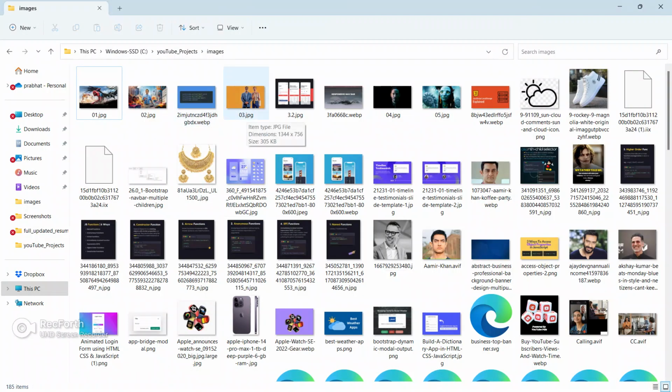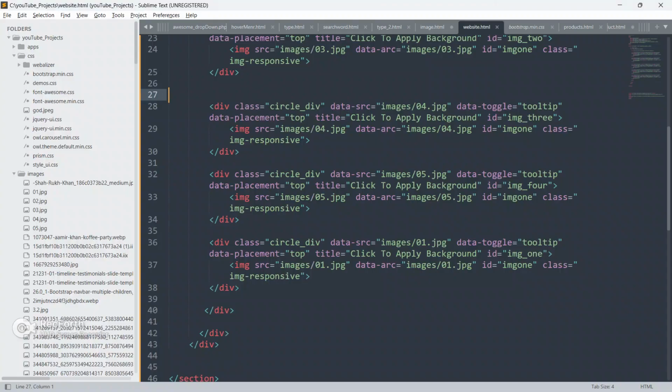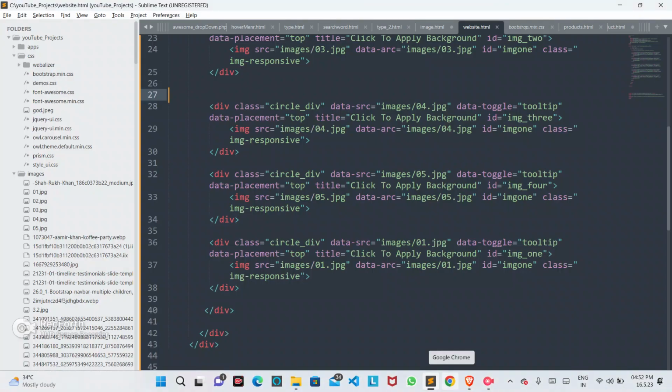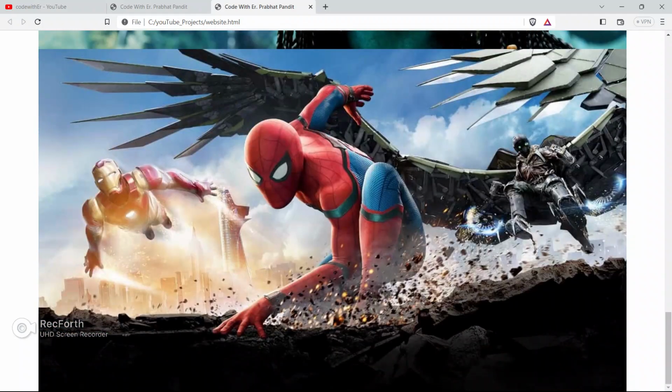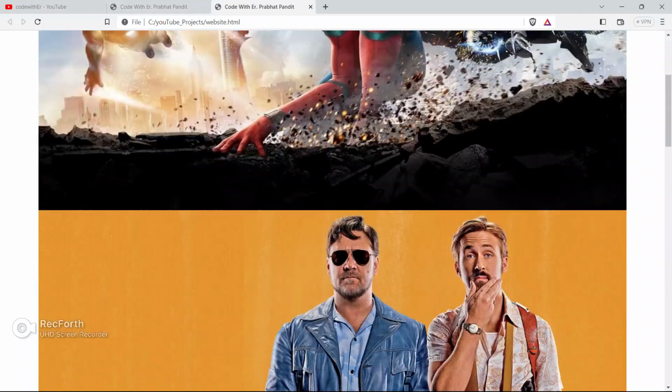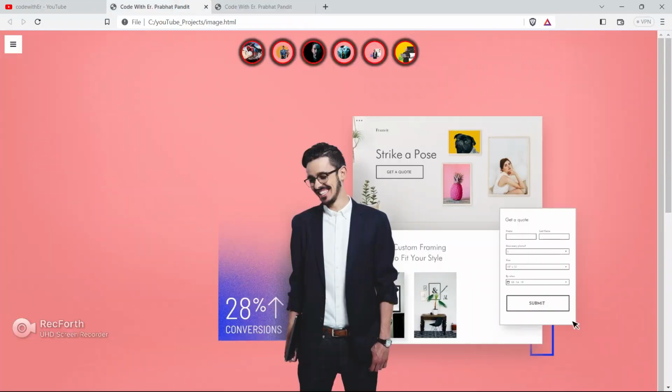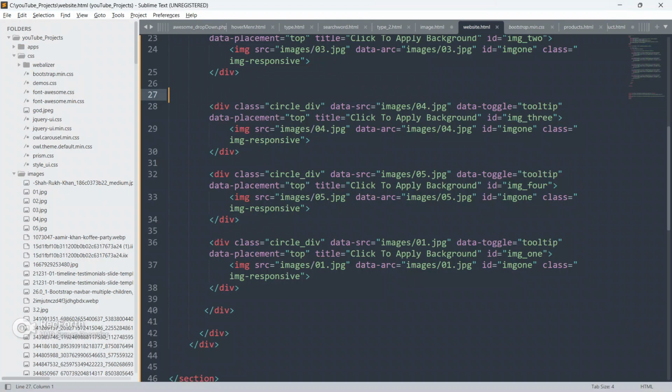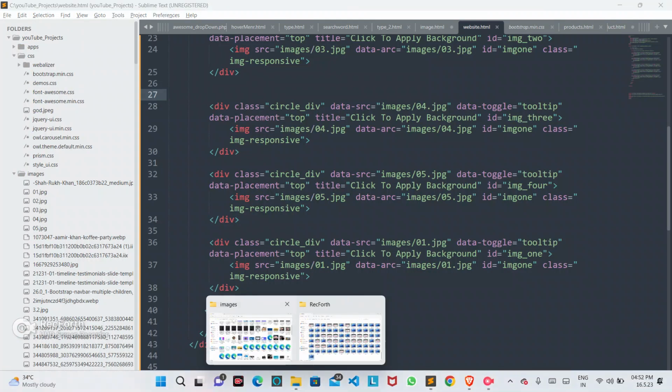So just go to the folder now and see which image is there.